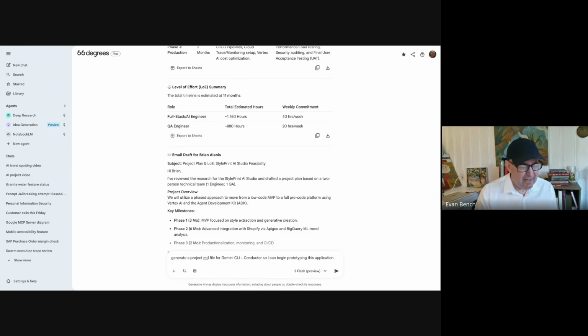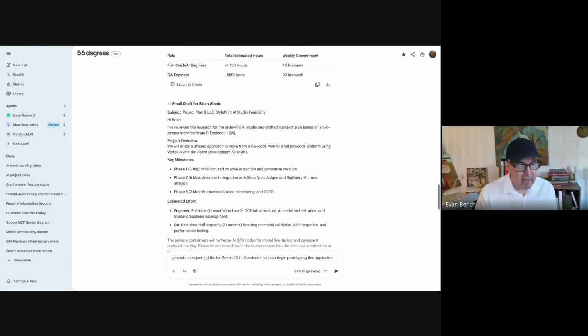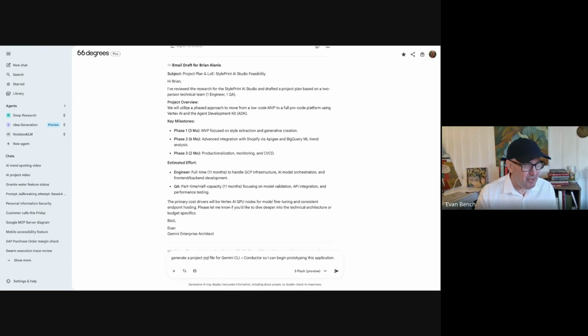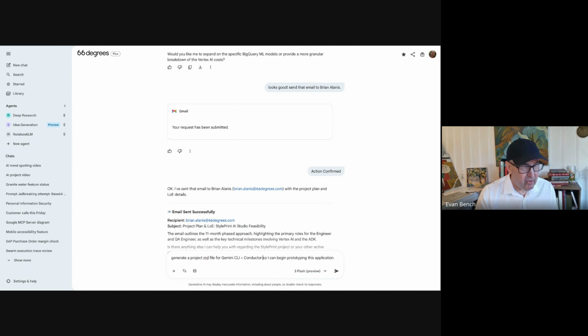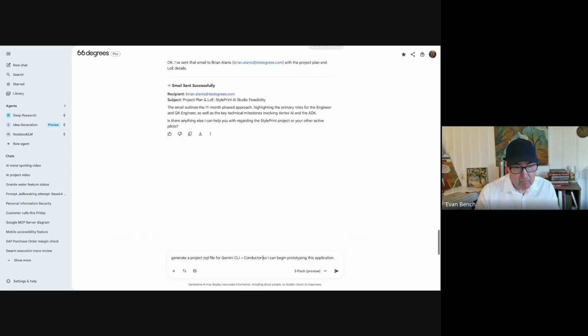It details a level of effort, and it drafts an email to my manager, Brian, on what I found out about this project. I can then send that email directly from Gemini Enterprise or update a calendar event with Brian to discuss the idea. I can then generate a project file for Gemini CLI and Conductor so I can start